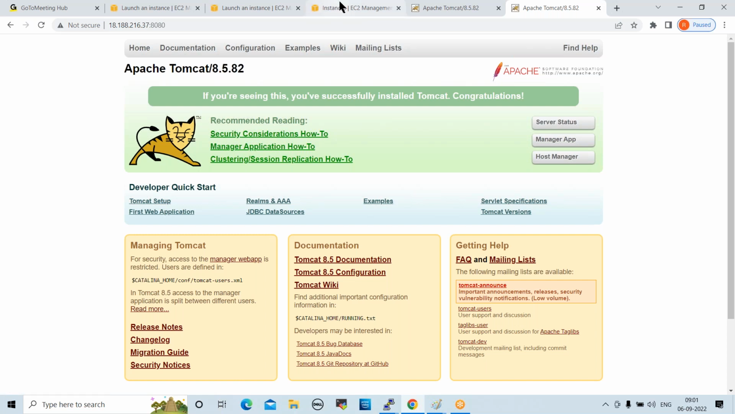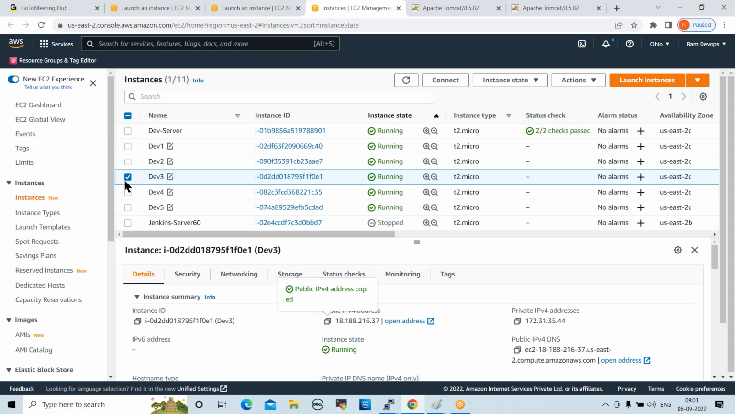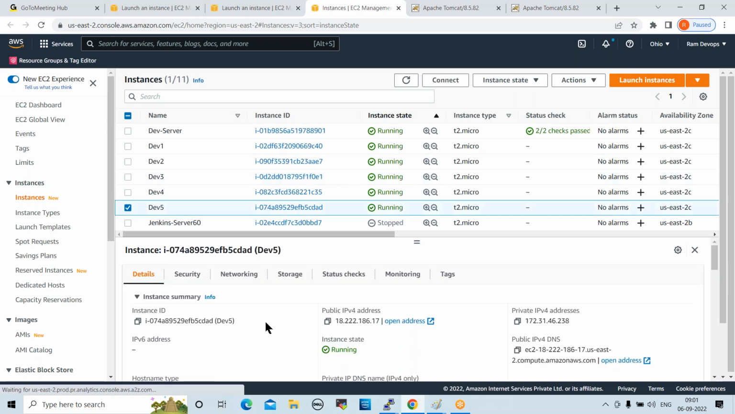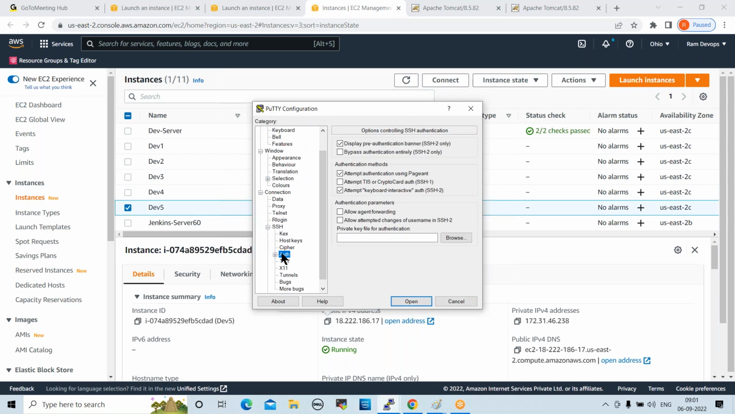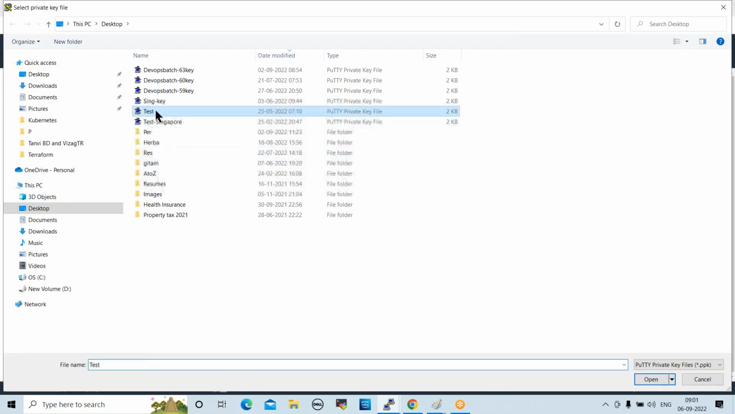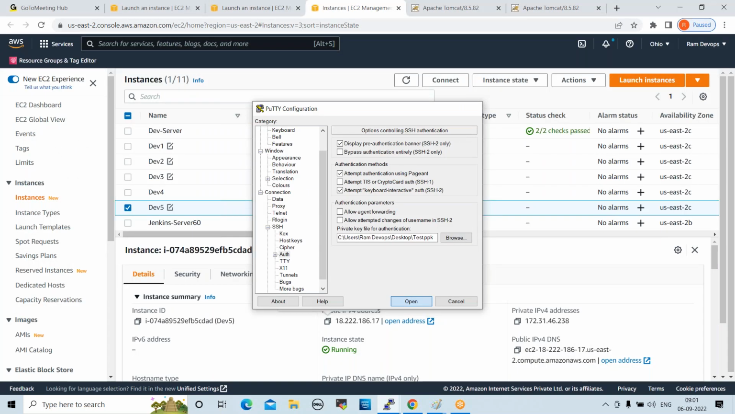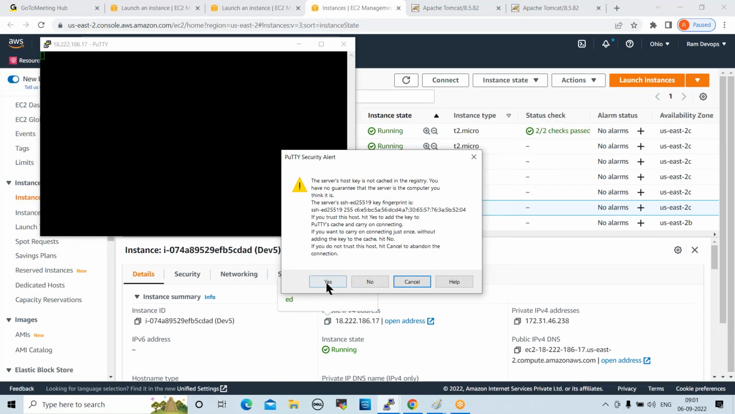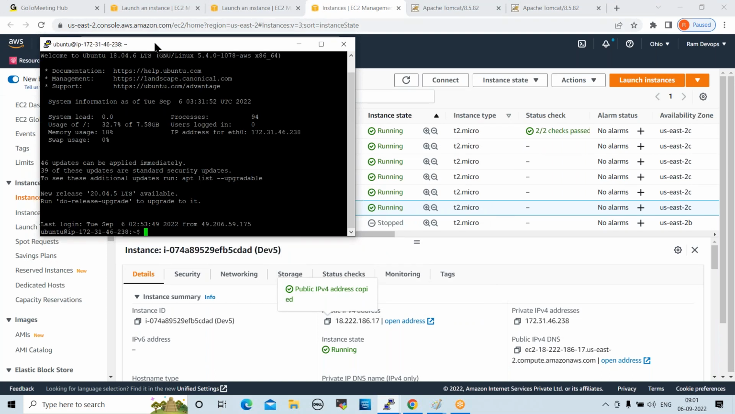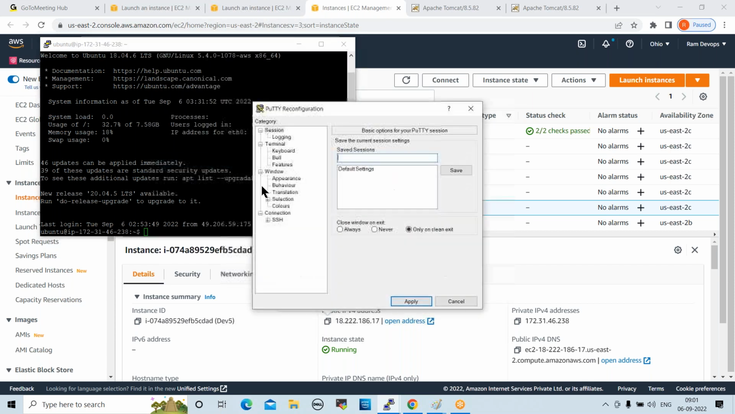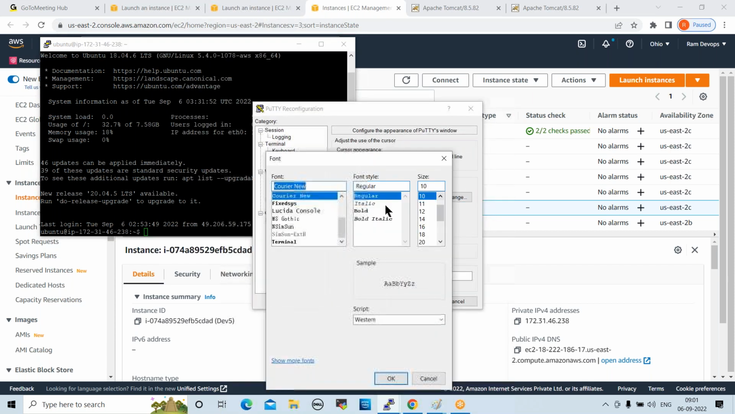Now we can check one more server, the dev 5 server also you can check. So copy the public IP, right click on PuTTY, open a new session, paste the IP address here, SSH authentication, browse, key pair, open, yes, Ubuntu is the username, right click here, change settings, appearance, change, bold,